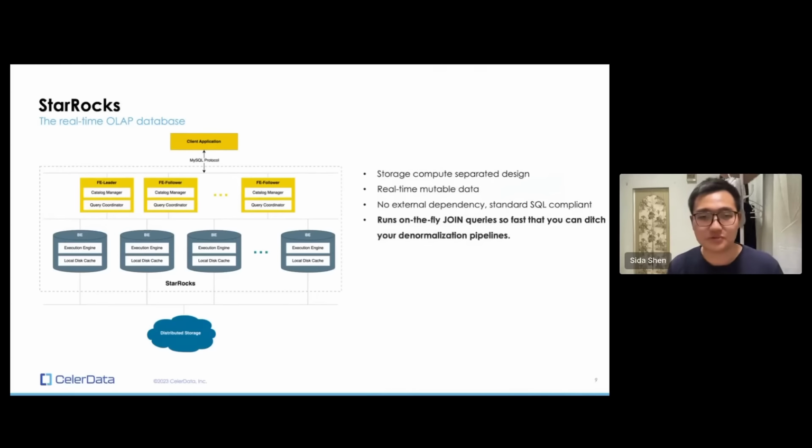To here, I want to introduce StarRocks. It's the real-time OLAP database that we're going to use to compare to ClickHouse in today's webinar. Some short introduction: it's cloud native, with a storage and compute separated design, and supports real-time mutable data. So you can perform fresh data updates with StarRocks. It also has no external dependencies, so it's easy to maintain, and it's SQL compliant. So you can connect whatever BI tools or applications you have that are standard SQL compliant, and it's